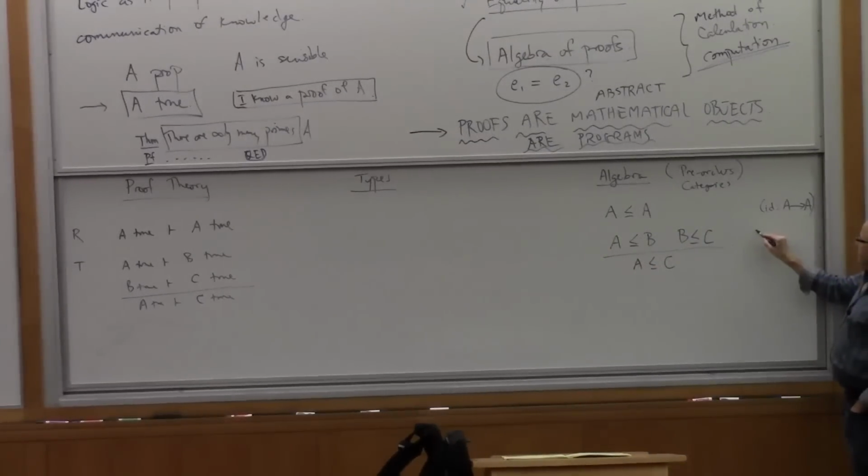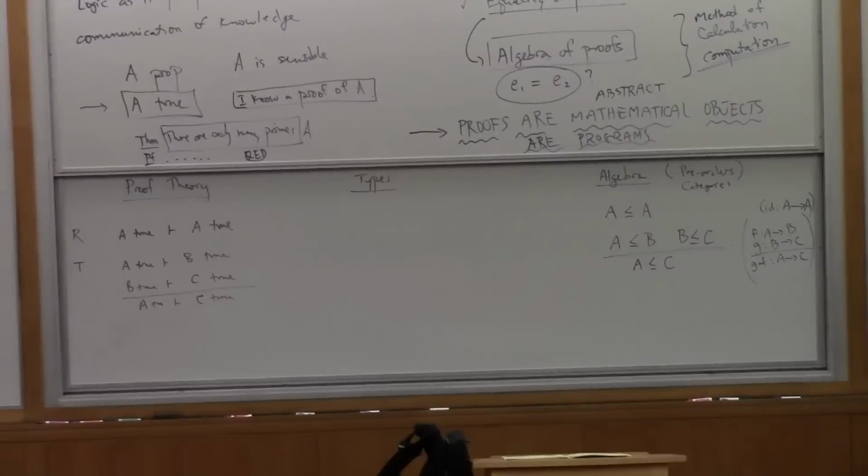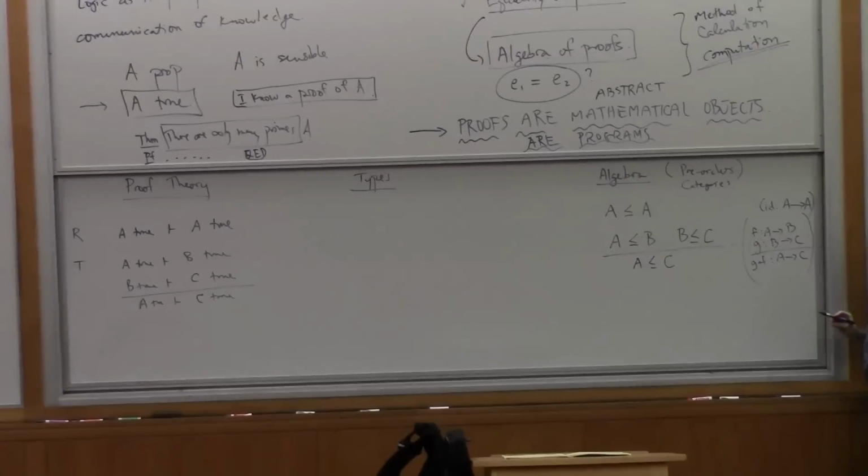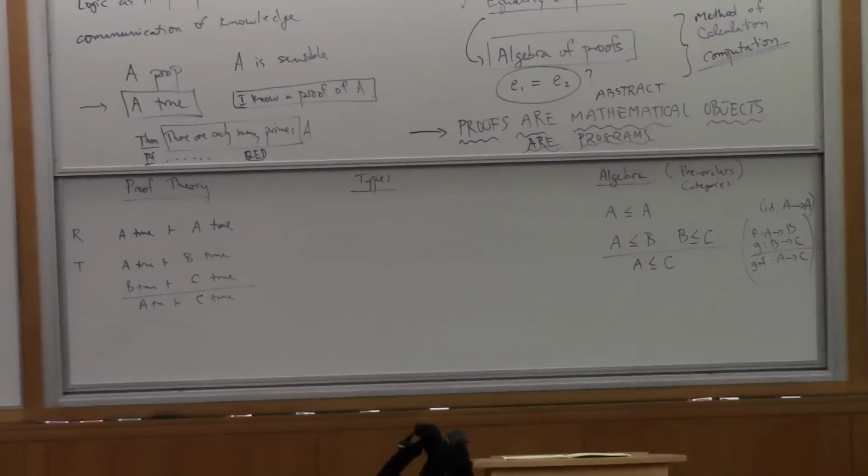And this is just the idea, if you look in a category, if you have a map from A to B, and if you have a map from B to C, then you can compose them, right? You can do G after F and get a map from A to C. That's what will be coming up in categories, okay? But here it's the principle of transitivity, okay? So already we can see some sort of familiar looking structure emerging, all right?